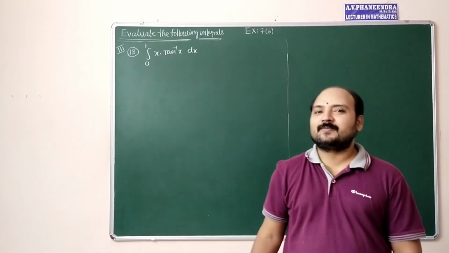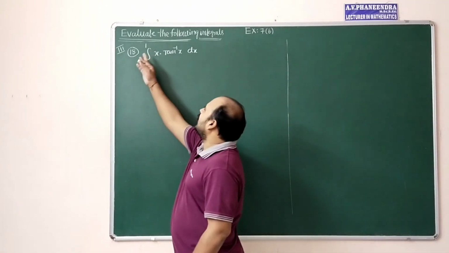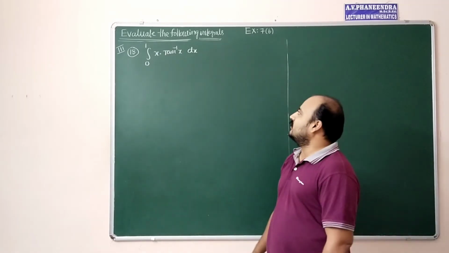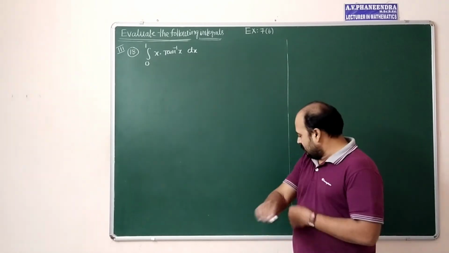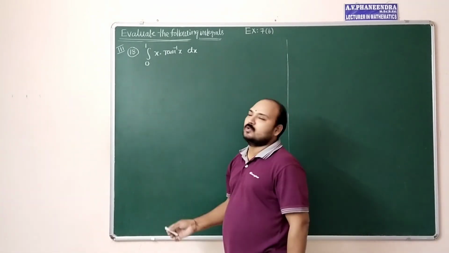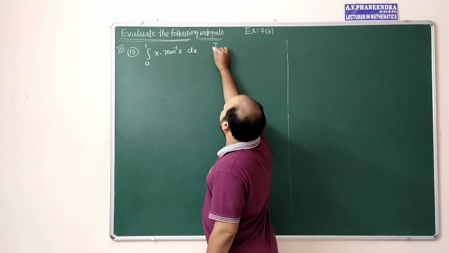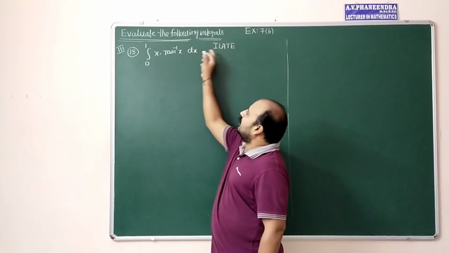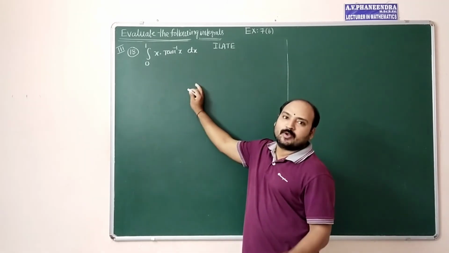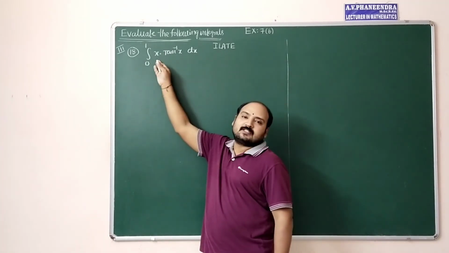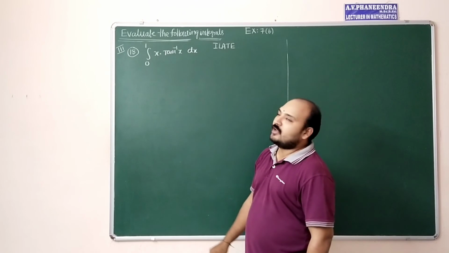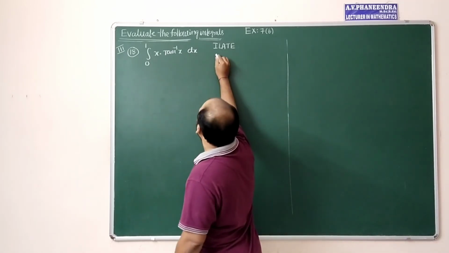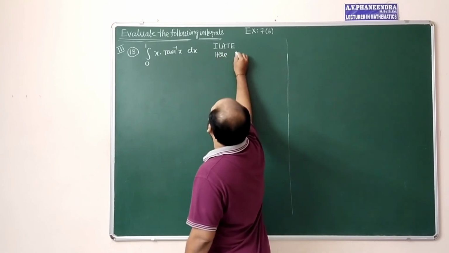The next question. Integral 0 to 1 x tan inverse x into dx. See here, two functions are there, so by using integration by parts directly. Whenever you are applying the formula, tan inverse belongs to inverse trigonometry function, x belongs to algebraic. Whenever comparing these two, inverse trigonometry is coming first, therefore f of x is equal to